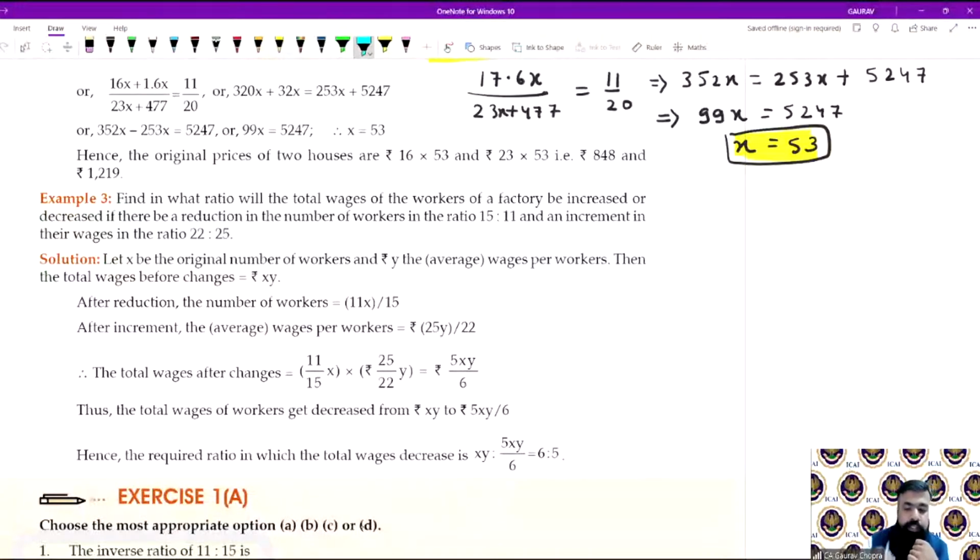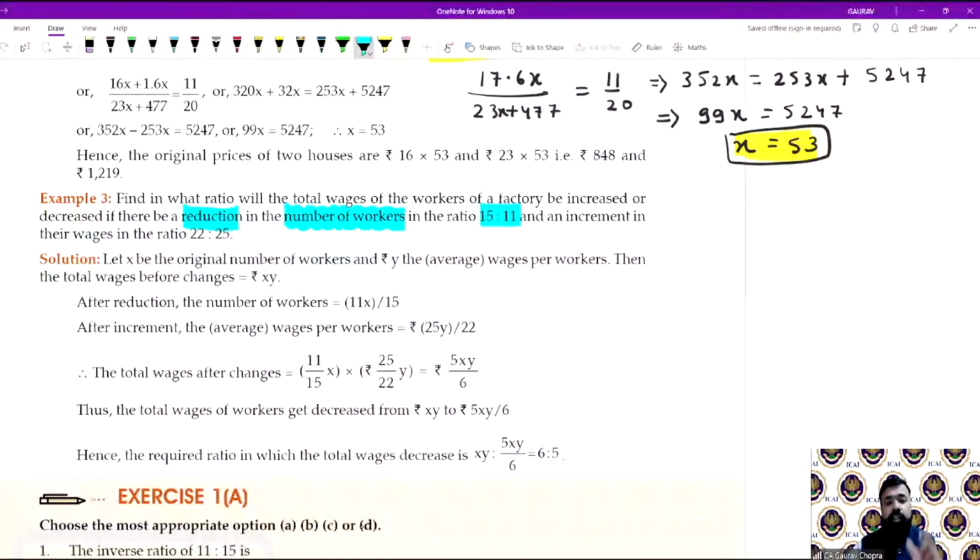So there are two things here. One is the number of workers. Number of workers are getting reduced in the ratio of 15:11. Now, what this statement means that if there were 15 workers earlier, now there will be 11 workers. So the proportion is changing in this manner. अगर पहले 15 वर्कर्स थे, तो अब 11 वर्कर ही रह जाएंगे। इसी तरह से अगर पहले 30 वर्कर होते तो अभी 22 रह जाएंगे। अगर पहले 150 वर्कर होंगे तो 110 रह जाएंगे।